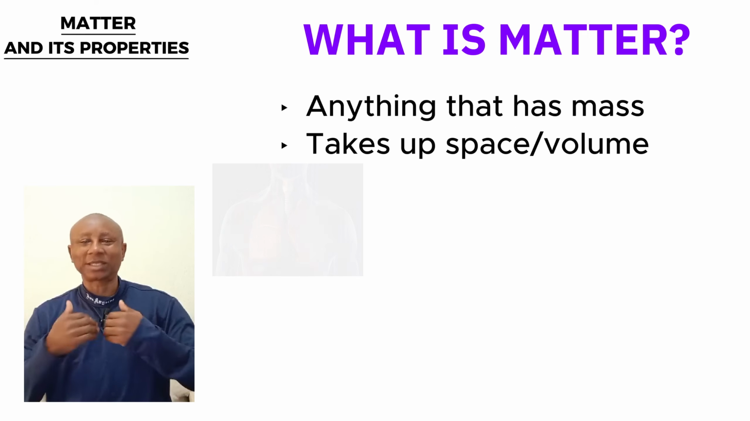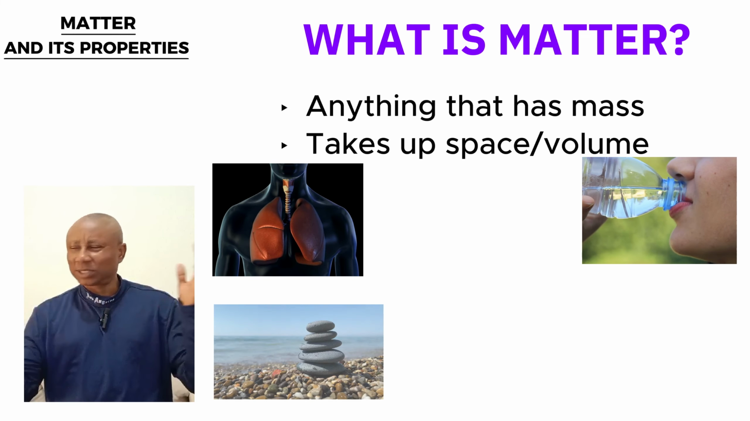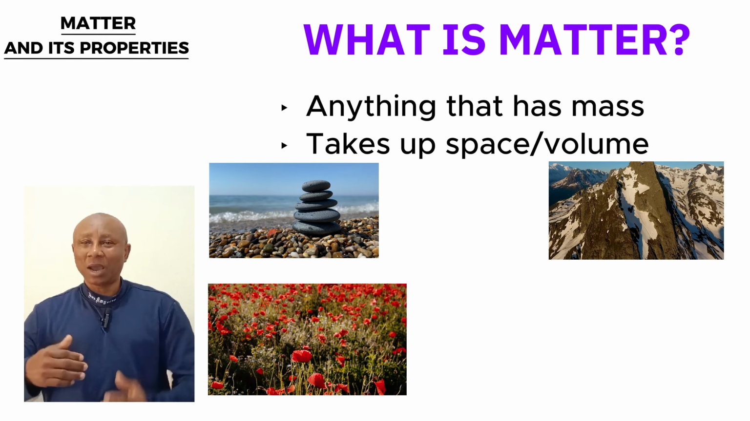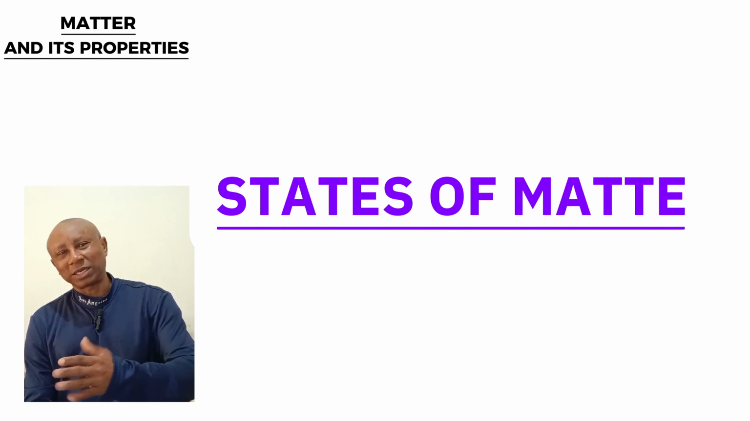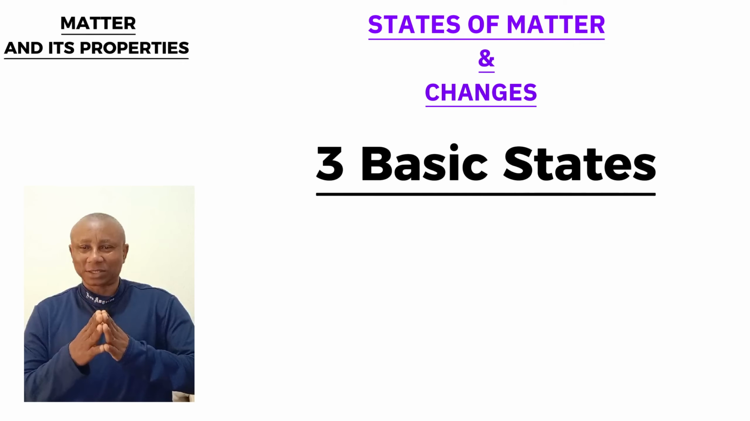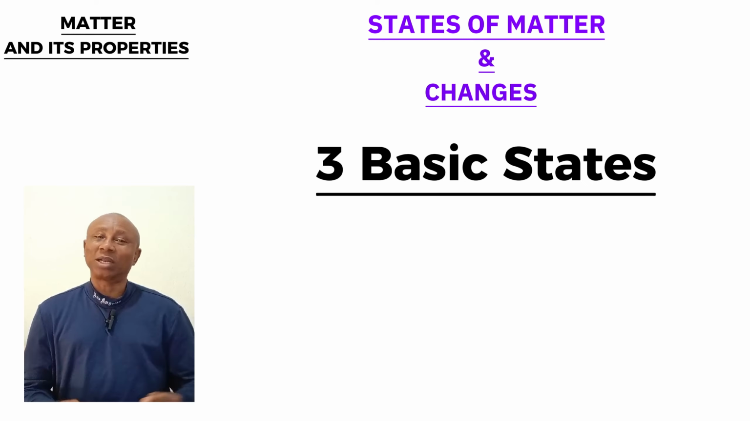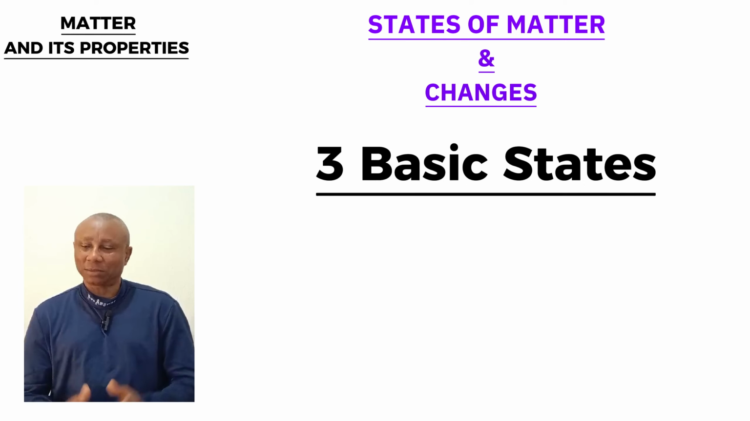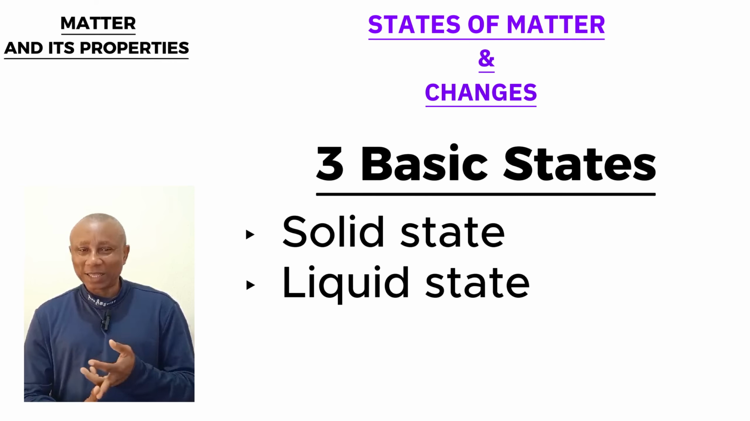Everything around us, such as the air we breathe in, the water we drink, the rocks and the mountains that surround us, the plants that are around us, and even our bodies, they are made up of matter. We look at the states of matter and their changes. There are three basic states of matter, even though there is a fourth state, but we'll be looking at that one later. But we recognize the three basic states of matter: the solid state, the liquid state, and the gaseous